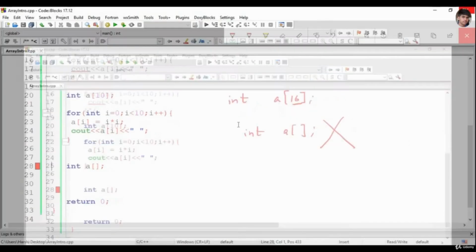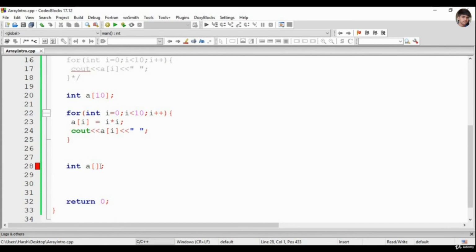Now let's see one last thing. cout endl. So suppose I have a variable b.